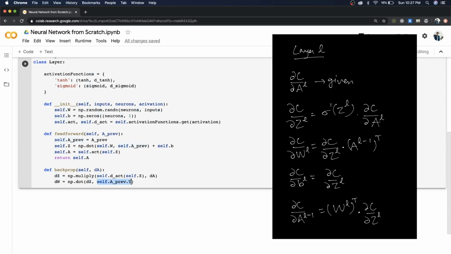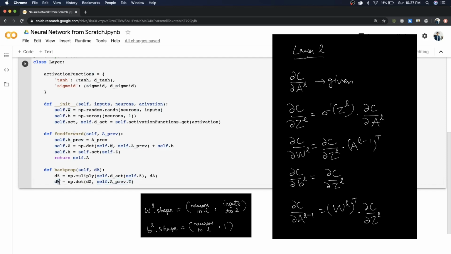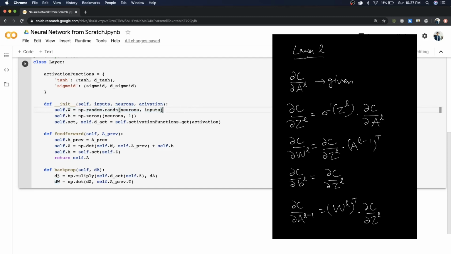Also, the shape of this would be m by the number of inputs. So finally we get the shape of dW as the number of neurons by the number of inputs, just like we defined here. So always remember that the shape of the derivatives would always be equal to the shape of the actual variables.